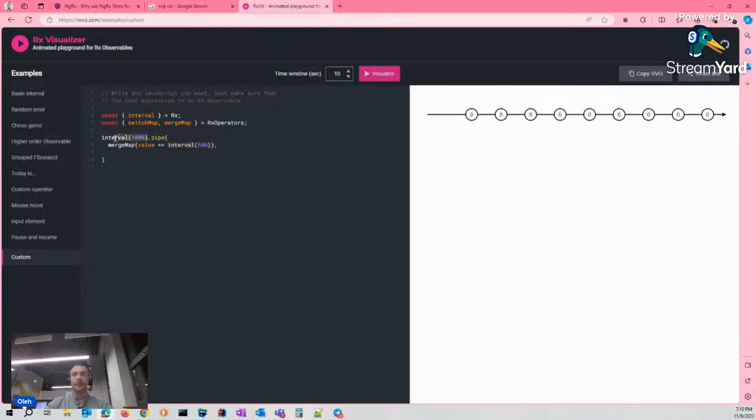As a result, each second mergeMap will add a new stream into the list and combine all values into one. And we will see each second one additional value in the stream.